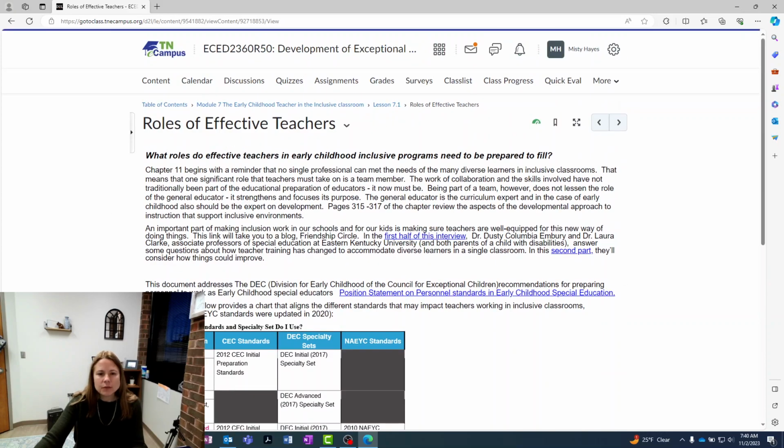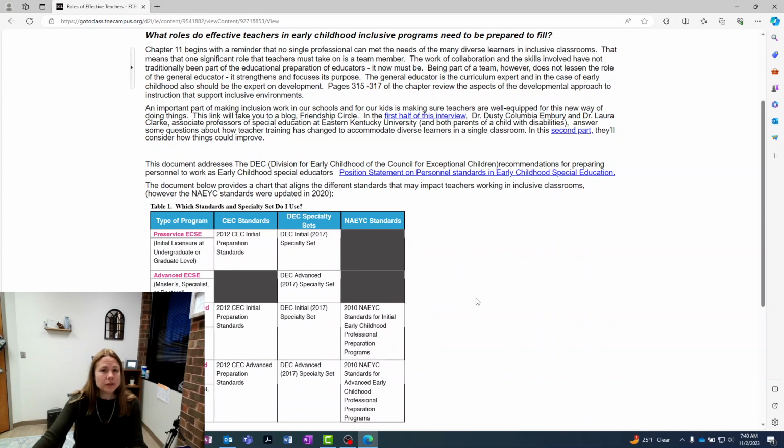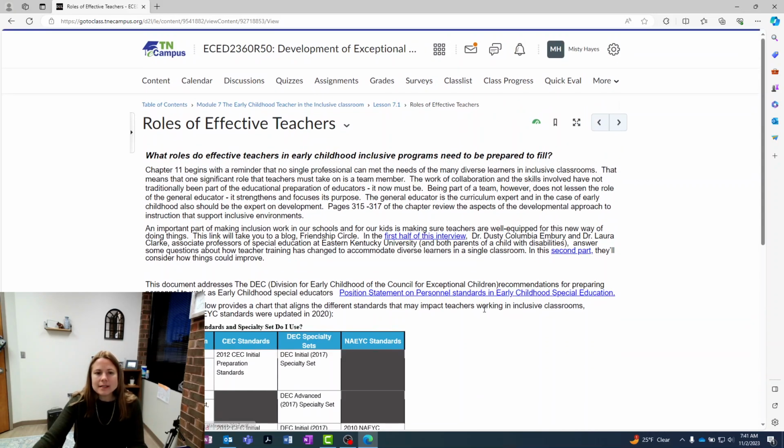Because it's one thing to read something in a paragraph, and if you're not a read-write learner and that's not your learning style, it may help to have a visual like this, like a chart. If you're oral, you may want to listen to interviews or read an interview. If you're kinesthetic, you may want to see something in action. So all these things really help gauge a deeper understanding and help you start making connections